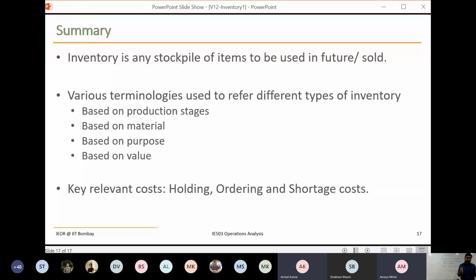See, any stockpile of goods is called inventory. If I'm the manufacturer, I've ordered something from my supplier, and my supplier has to ship the material. In between, it has to be accounted for, right? Otherwise we won't know where it is. So we have a supplier and a manufacturer. The manufacturer ordered something, and after 2 weeks the supplier made all the production and then shipped it. So the manufacturer needs to know this.